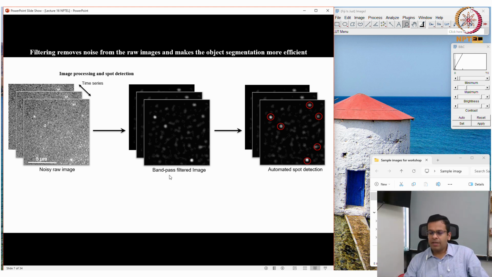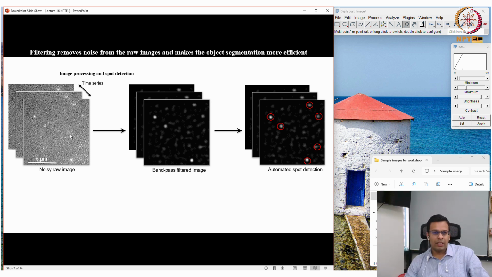Now, if I use bandpass filtering, there is one option in the software. Using bandpass filtering, you can see I can remove the noise and only these particles are clearly visible, right? Now if I ask the software to identify these particles automatically, it will do a better job, because now there is a significant difference in signal to noise between the real particles and the background. So the software can precisely identify the position of these particles in this image. But if I ask the software to detect the particles from this raw image, it will be misled. Because of the lot of noise, the software may make some false detections.